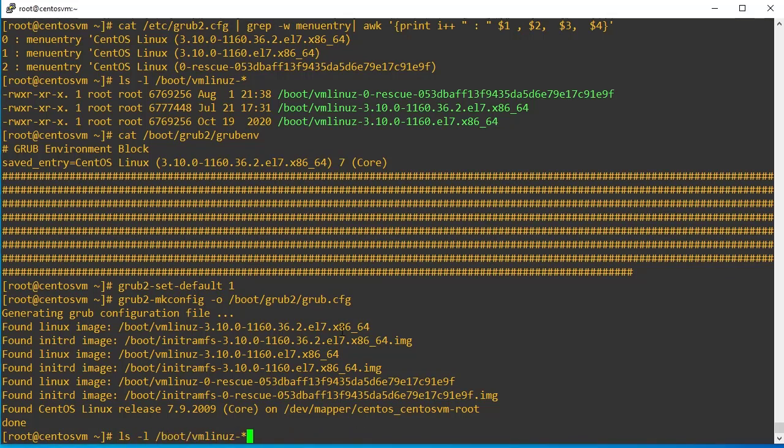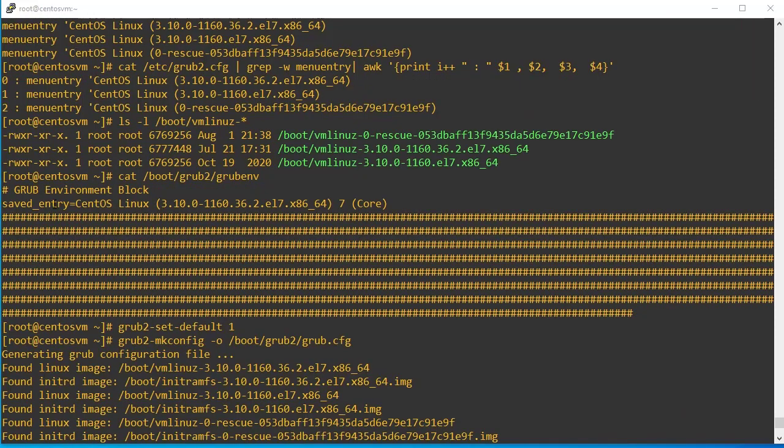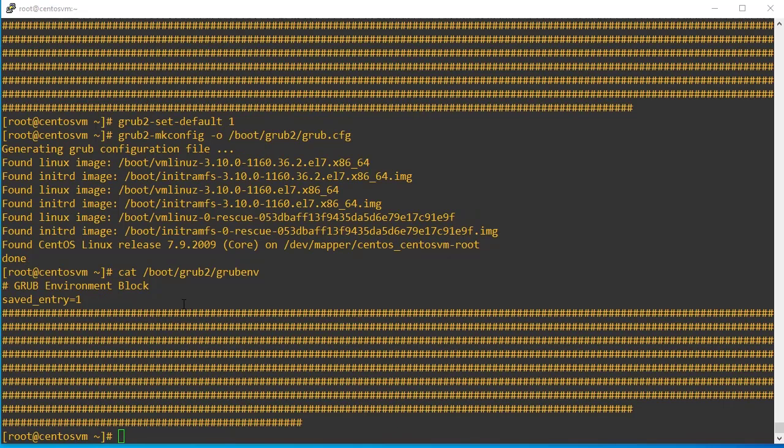I already showed you the environment file; it is currently modified to 1. Earlier it was with the latest kernel entry. After setting the default bootloader kernel from 0 to 1, now it is modified to 1. Now let me reboot the system and see how the system boots with the old kernel.